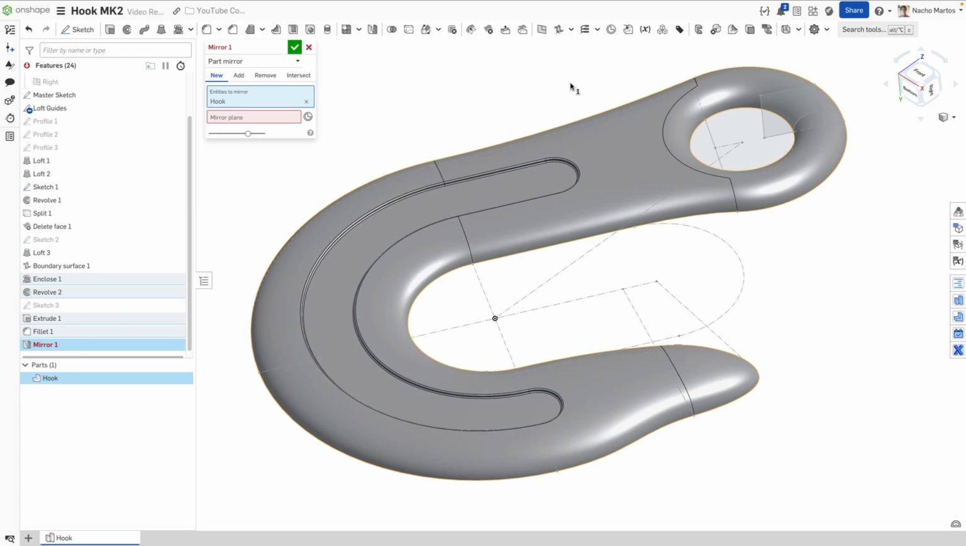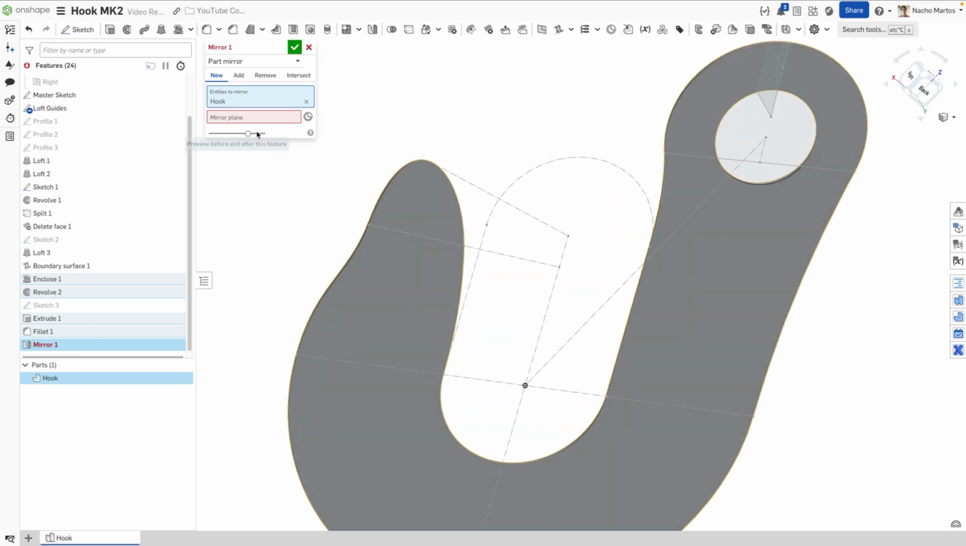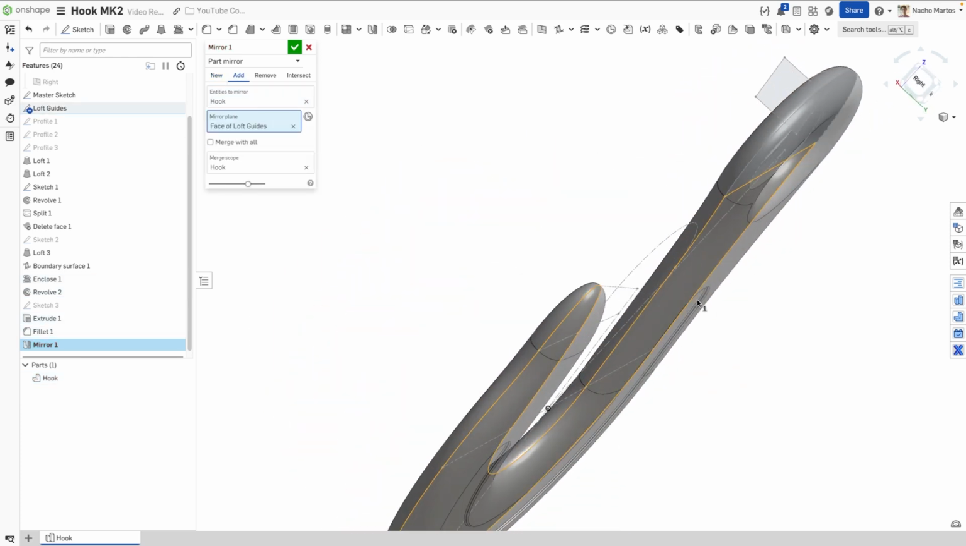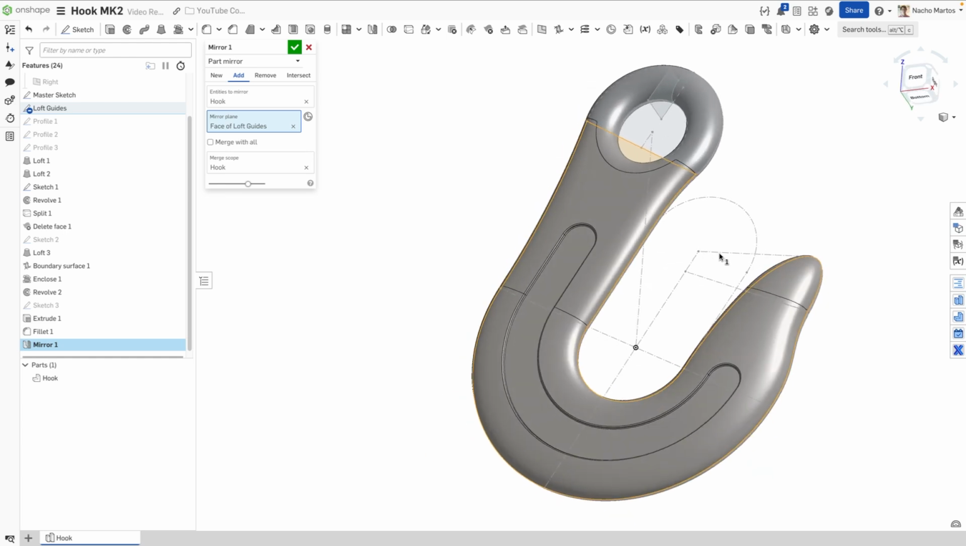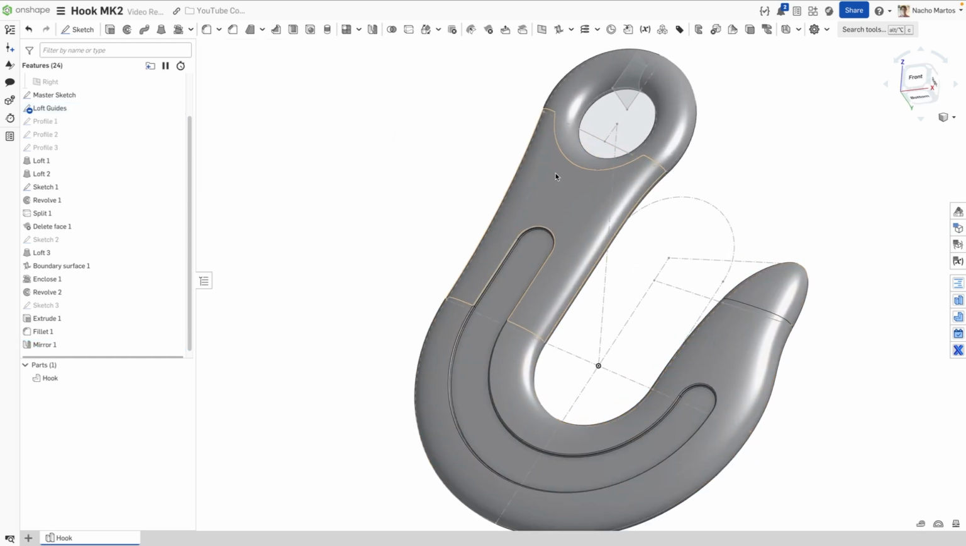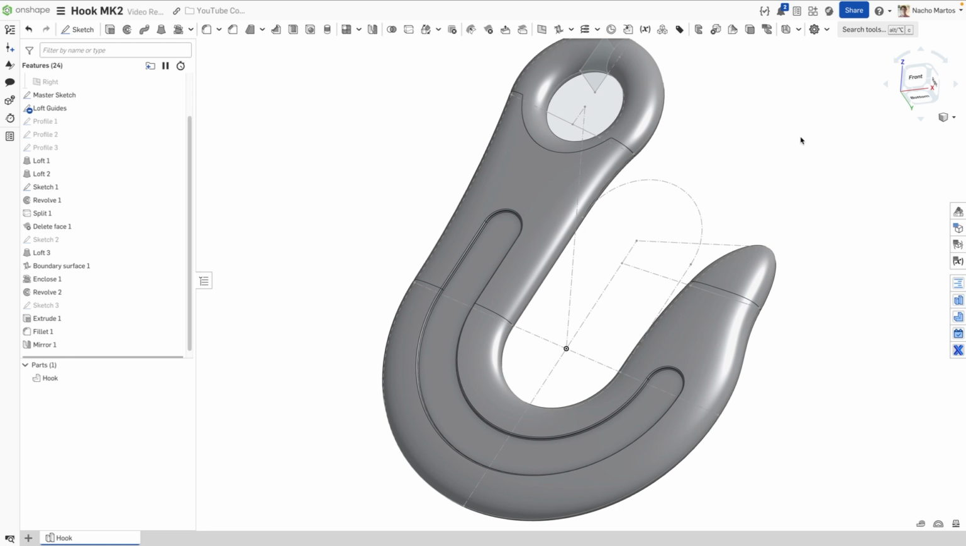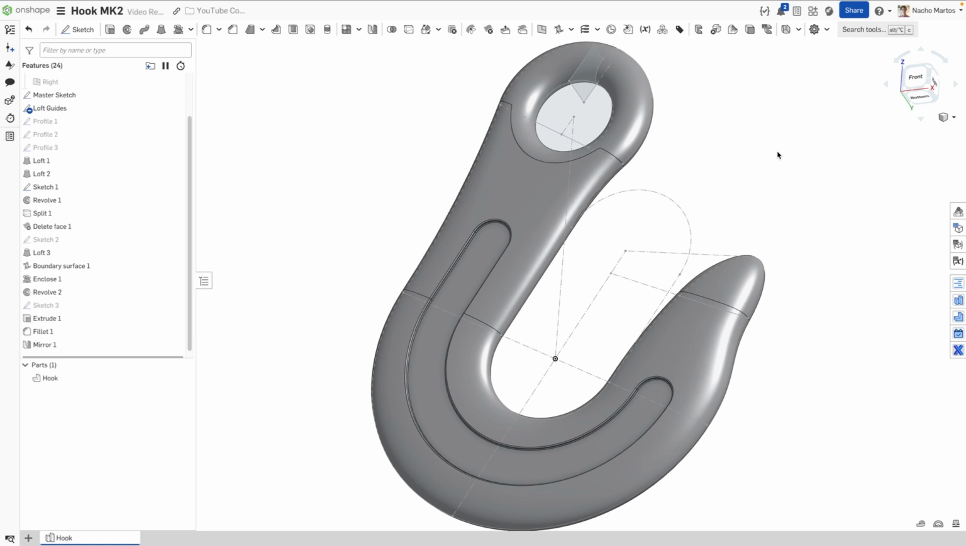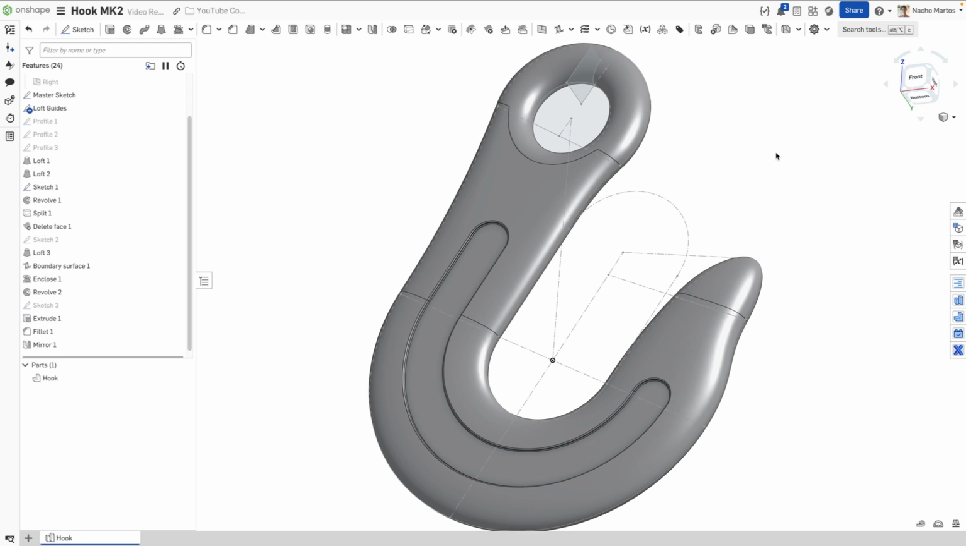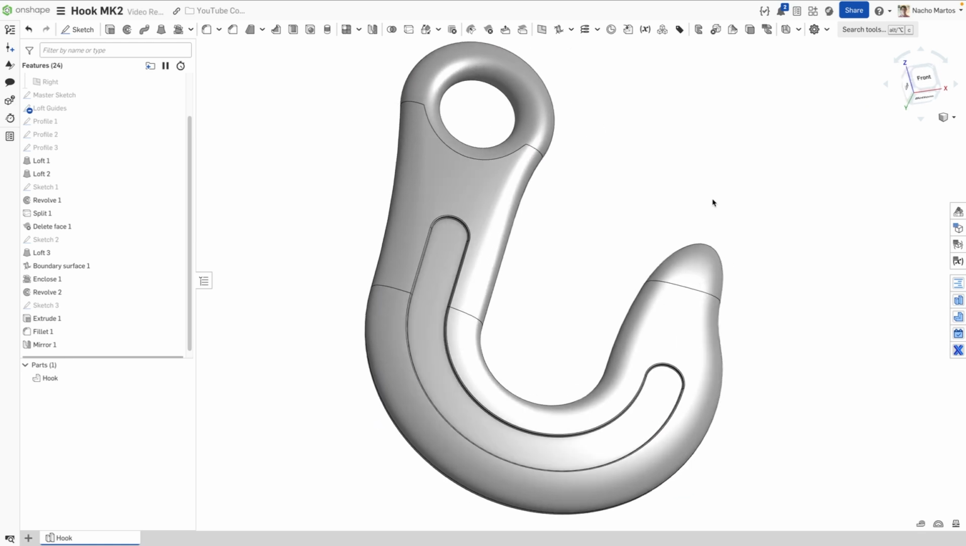Now, this is best practice. Be lazy when you're doing CAD. If you don't need to build things twice, just build them once. It's going to give you a better output, and it's going to take you a shorter amount of time. And you're also going to have a lot more control over your design if you use mirror at the end of your design. Now I'll Shift P to hide everything, and we can see that our hook is fully defined